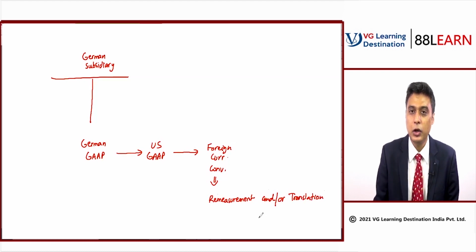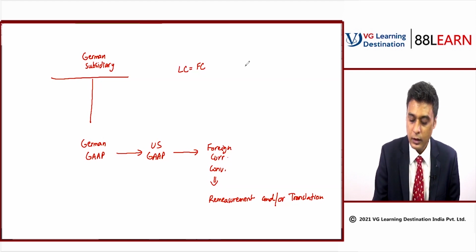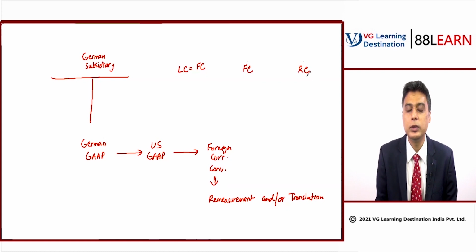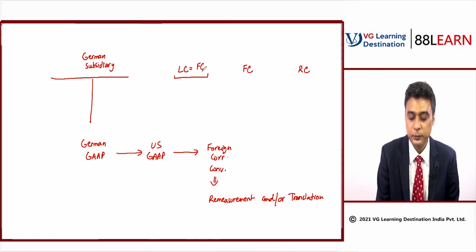depending on what kind of currency we are talking about. And the currencies we are talking about are three types of currencies: the foreign currency, which is also the local currency of that foreign country. Then we are talking about the functional currency, and then we are talking about the reporting currency, in which the financials will be reported to the SEC, right? So local currency or foreign currency, one and the same thing. Functional currency, the second type.